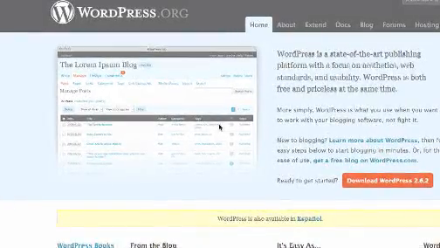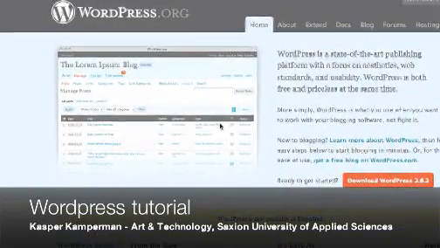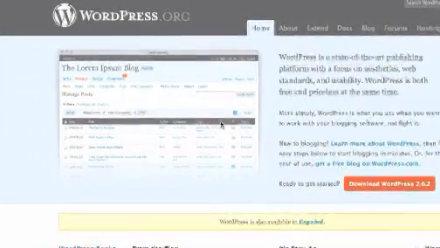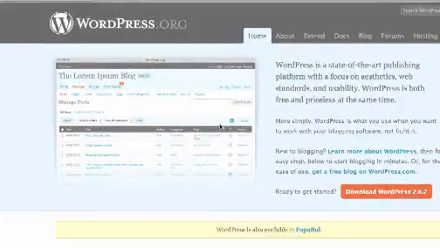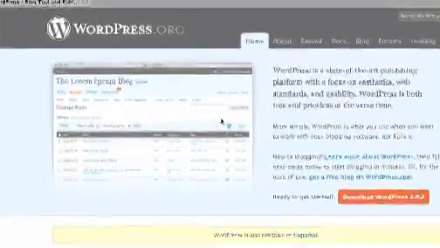Okay, in this tutorial I'm going to explain something about the content management system WordPress. WordPress is typically software that you can use to create a blog that you can use as a portfolio, for example, for yourself. You can download it at wordpress.org and here you see directly the red button to download